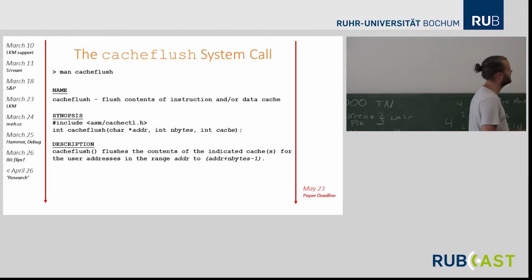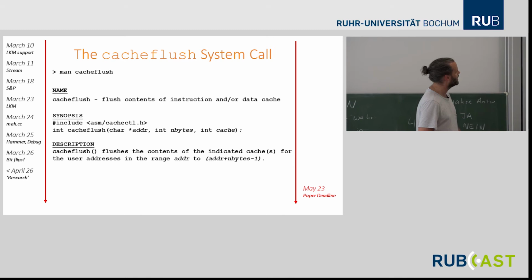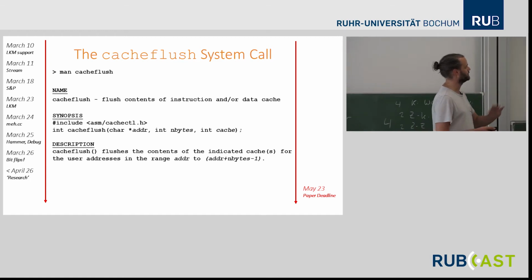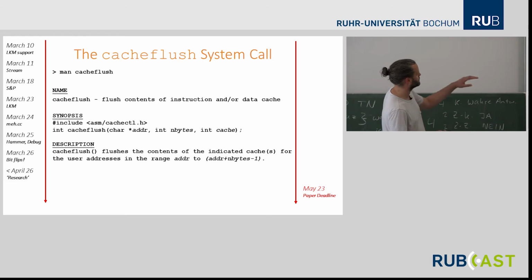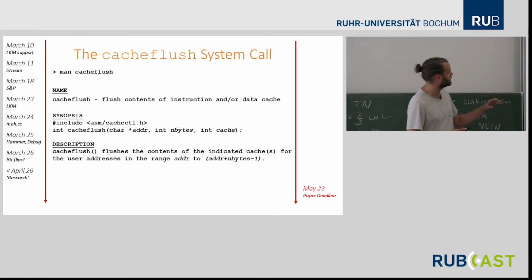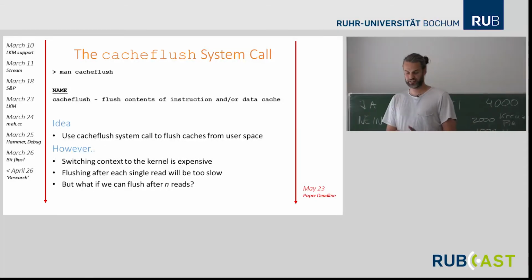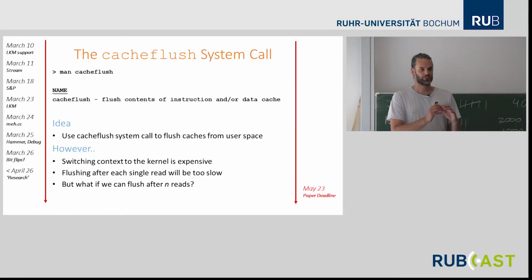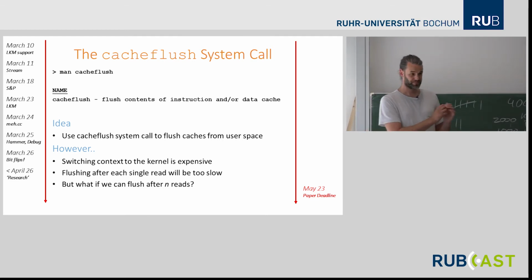You can type this on your Ubuntu box, man page for Gasflush. It's a system call that will flush the contents of the instruction and/or data cache. It flushes the content of the indicated cache for the user addresses in the range that you provide. Okay, cool. So the idea now is to use this system call, the Gasflush system call, from userspace to flush the